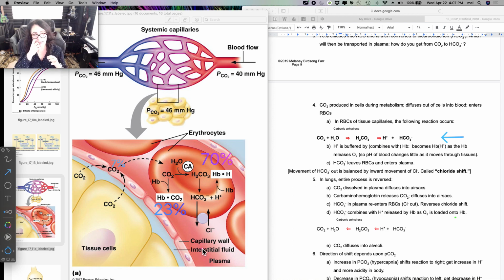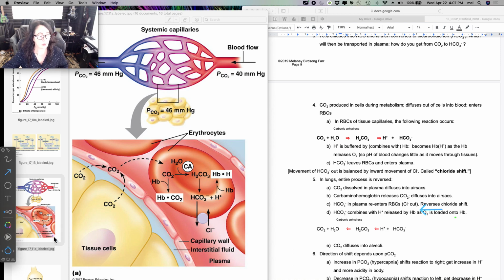But in order to maintain the electrical gradient of the cell, I'm going to do the chloride shift, which is pull that chloride ion into the red blood cell, okay? So this is all what happens at systemic capillaries. Now, to give you that as a start, now I want to figure out what's going to happen at pulmonary